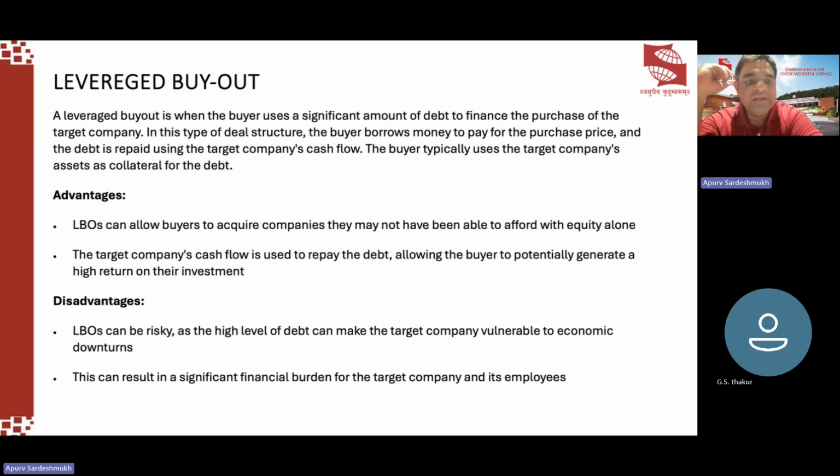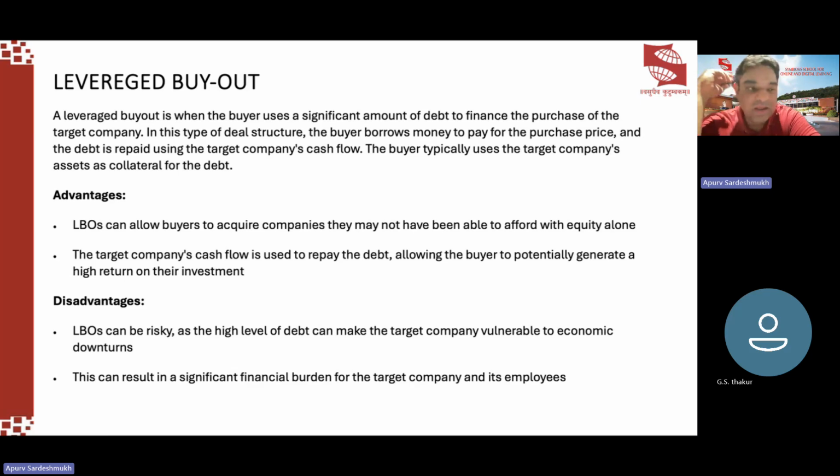So the target company's assets are used as collateral, as security for the debt. If the debt is not repaid, the lender can actually take control of these assets of the target company. Also, because I have shared the estimated cash flow of the target company, there is a little bit of a guarantee or comfort for the lender that my loan is going to be paid from the target